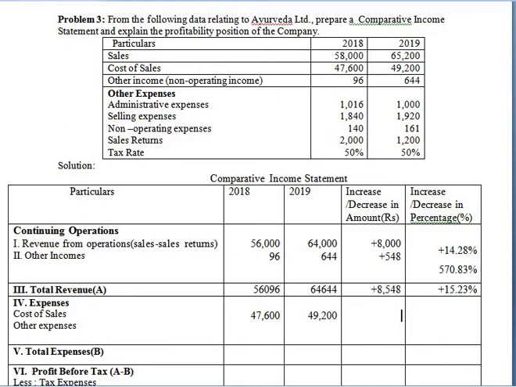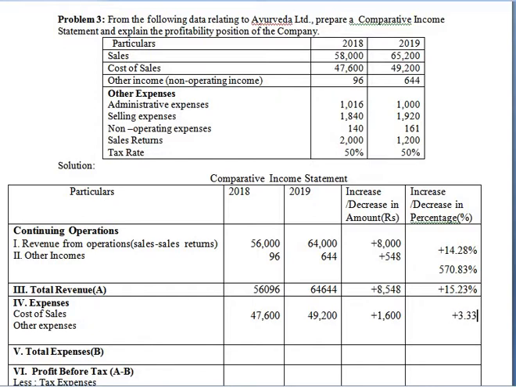Now we have to find out increase or decrease in the cost of sales. From 47,600 it has increased to how much? 49,200. So right here plus 1,600, and then find out the percentage. 1,600 divided by 47,600 is equal to, let's write plus sign, 3.33 percentage. How this